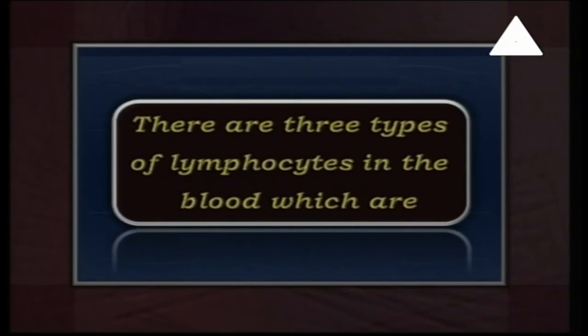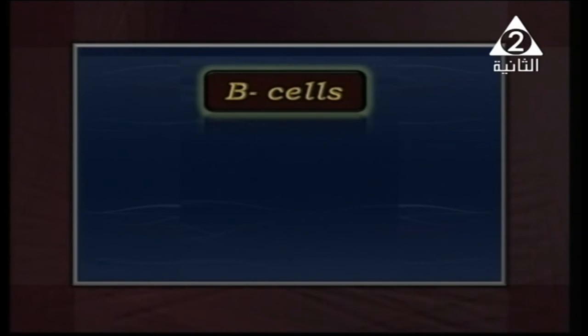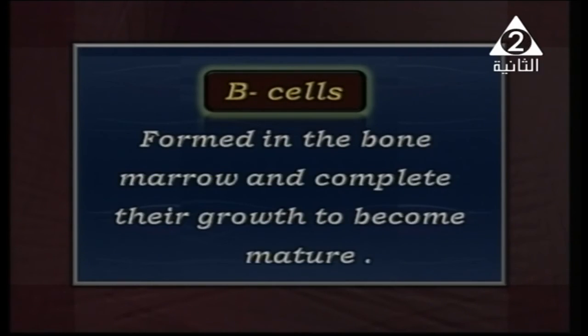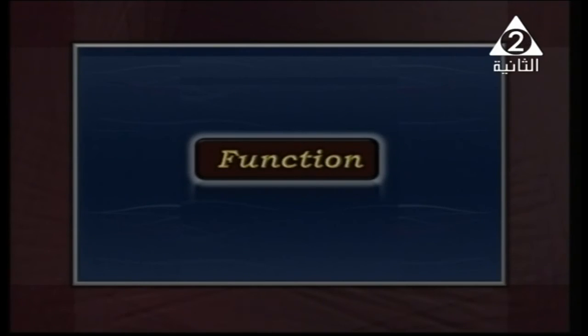There are also three types of lymphocytes in the blood. Again, how many types of lymphocytes do we have? We have three types. Number one, B cells. B cells are formed in the bone marrow, and they complete their growth to become mature. Their function: